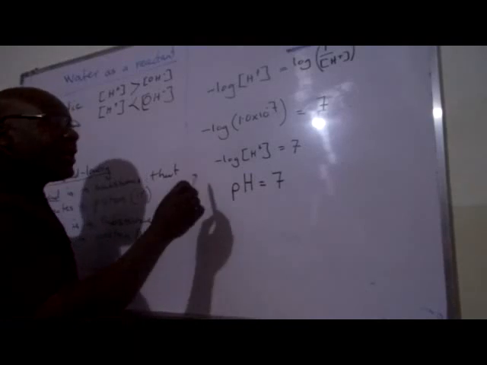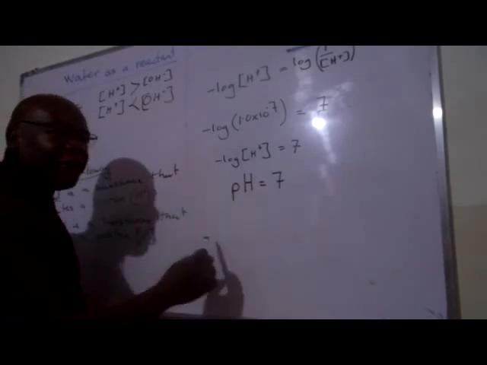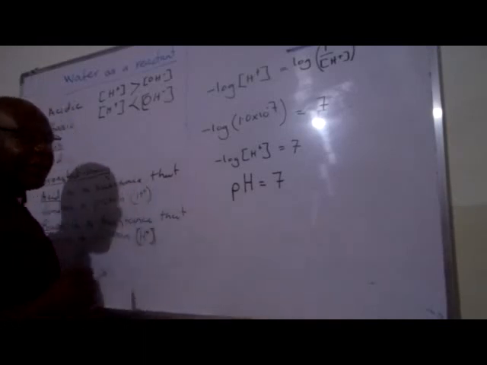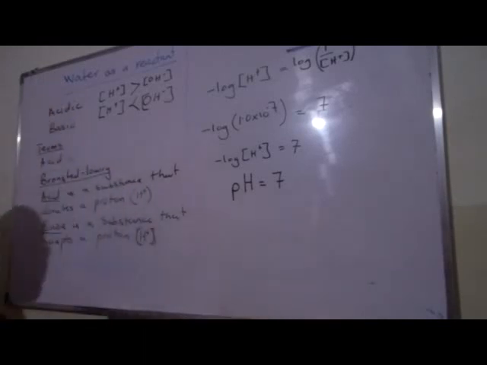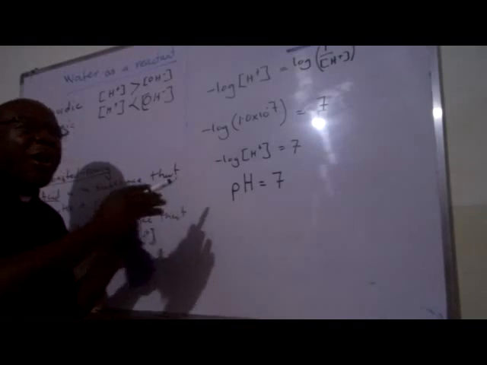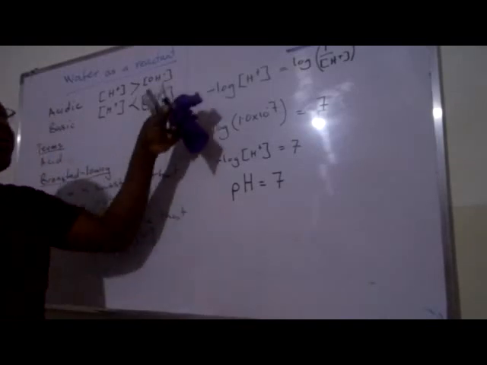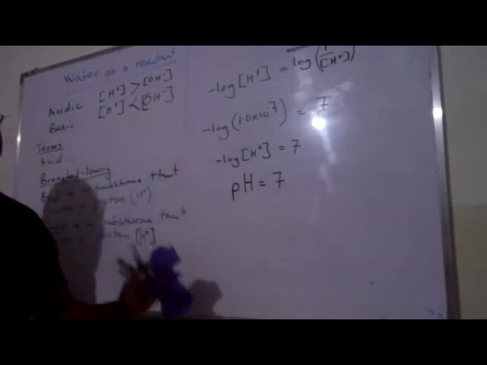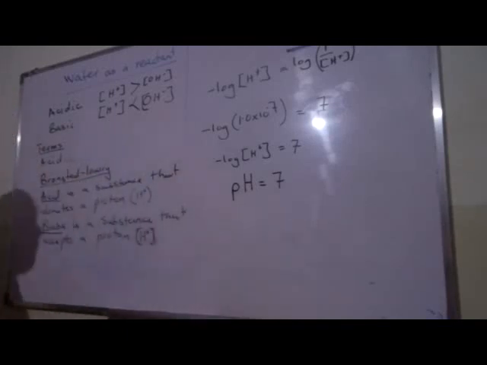If we say minus log Gelita, then it becomes P Gelita. So pH is just a way of expressing concentration of hydrogen ions in a user-friendly manner. Right. So similarly,